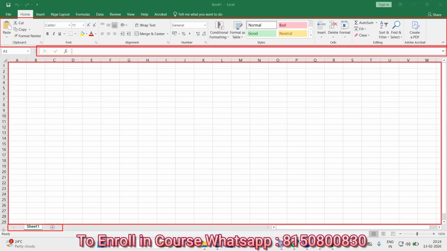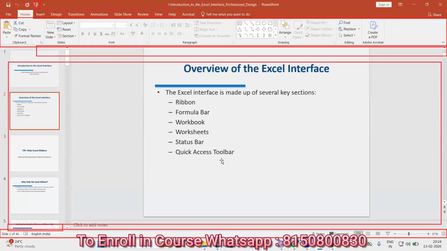So this is the status bar, and this is the